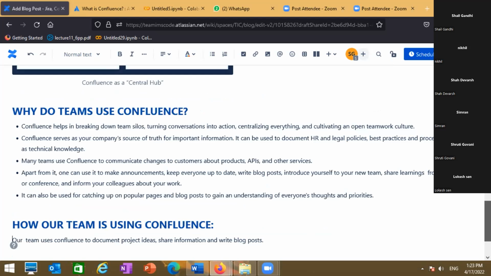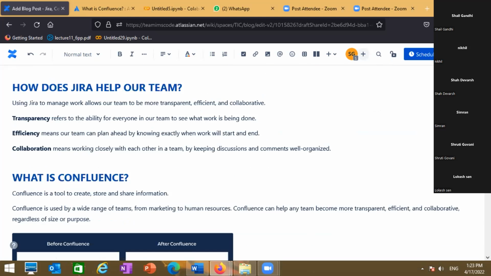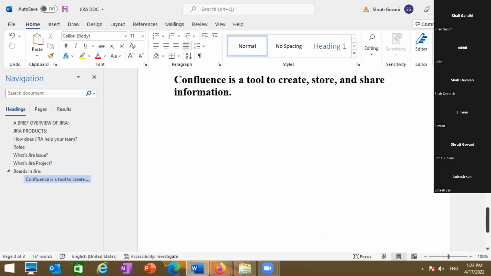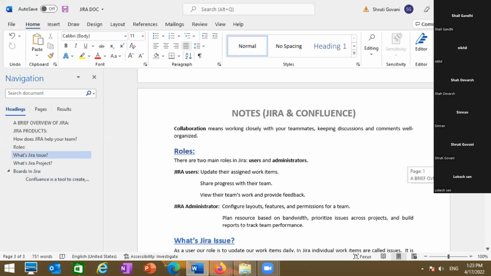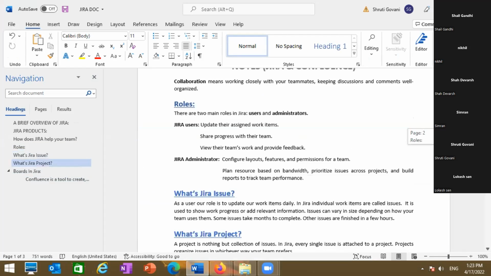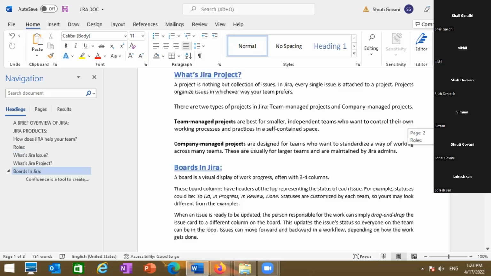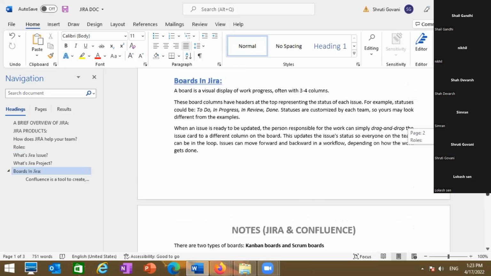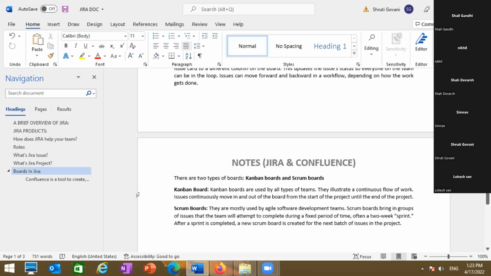So yeah. I have done some other documentation about Jira issues and all, but not in this Confluence page. I had just done it in a Word document for my reference, so you can see what I have done. And I'm still learning how. I'm making some notes so I can use them in future for my reference.